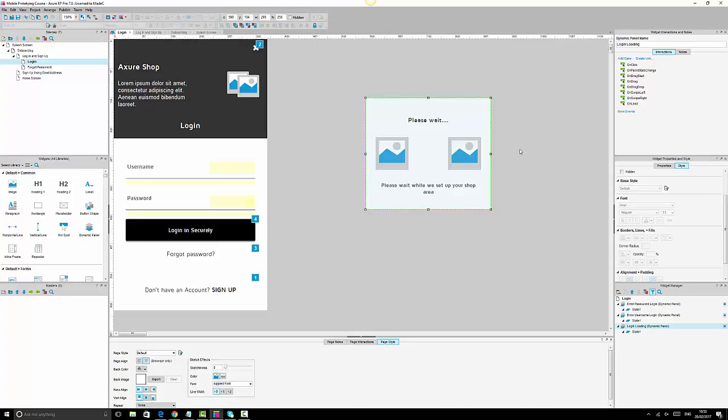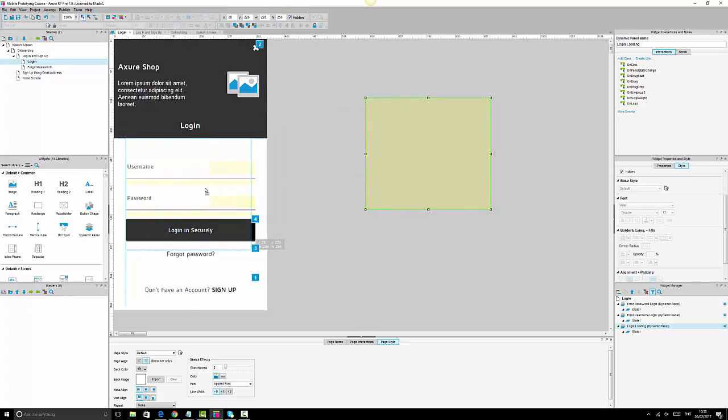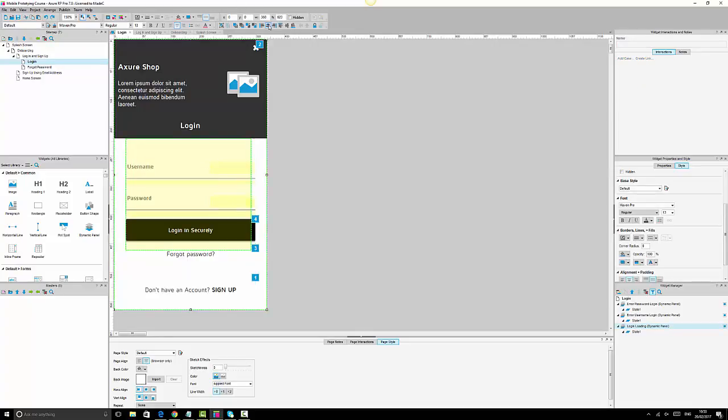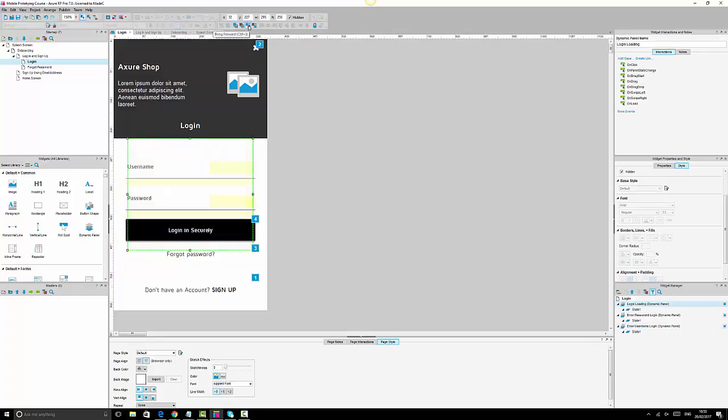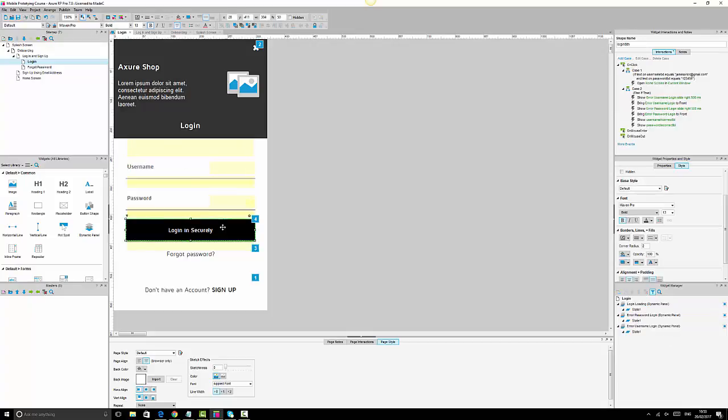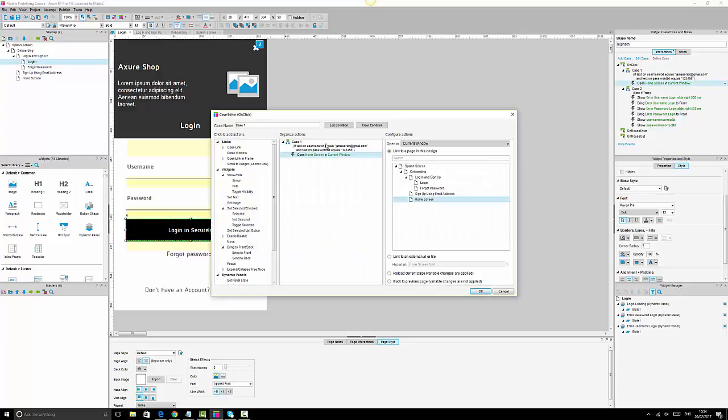So we have this login loading dynamic panel. We need to hide this. Once we've hidden it, we can just put it somewhere here. And we have this. So now actually let's just make sure we have this in the middle. We can send it back and we can just bring it a little bit forward. So we have this login, and then let's go to the first one, which says if everything is correct, open